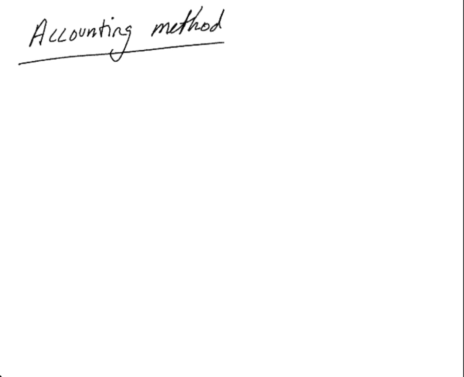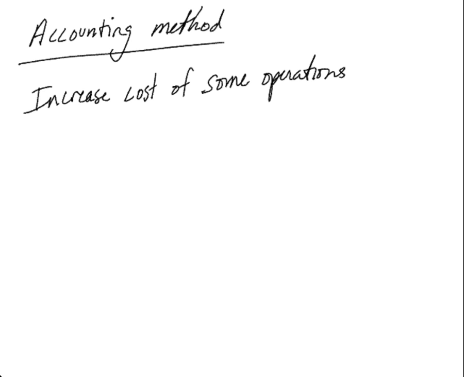The accounting method is a method of amortized analysis that is inspired, obviously, by accounting. So what we're going to do, in the accounting method, is increase the cost of some operations in order to get credit for others. What does this mean? Okay, so we have the stack